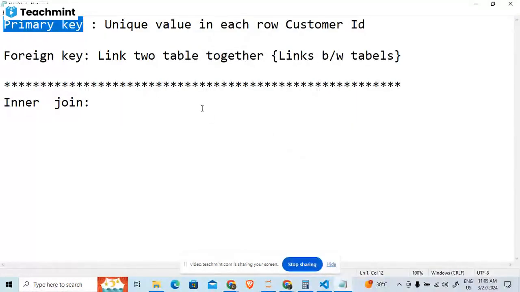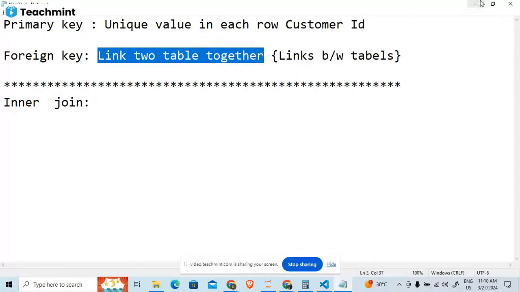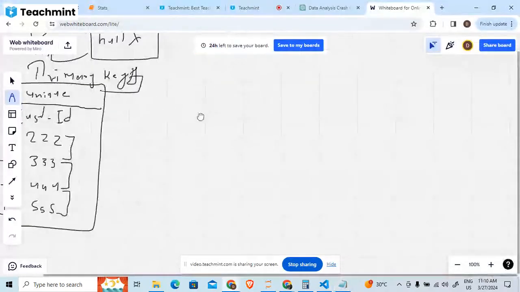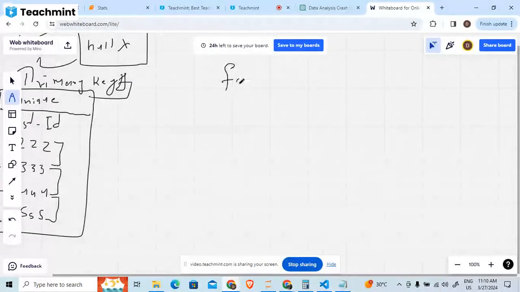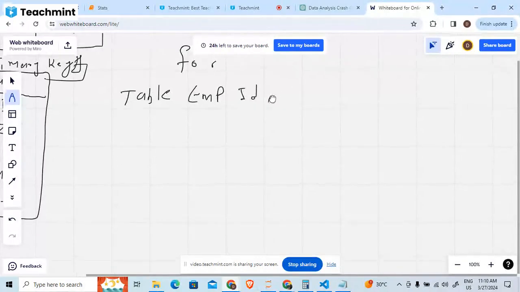Right. Now foreign key, right? Foreign key is used to link two tables together. Now inside your foreign key, let us say that I have table 1 with the employee ID, okay, and my another table,